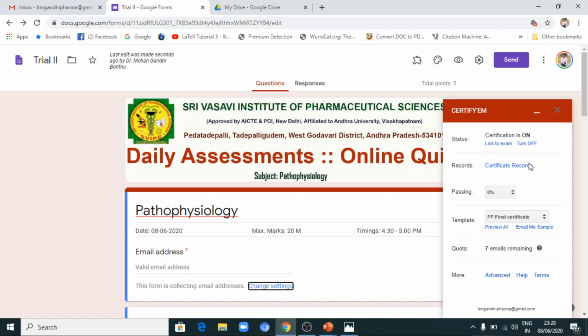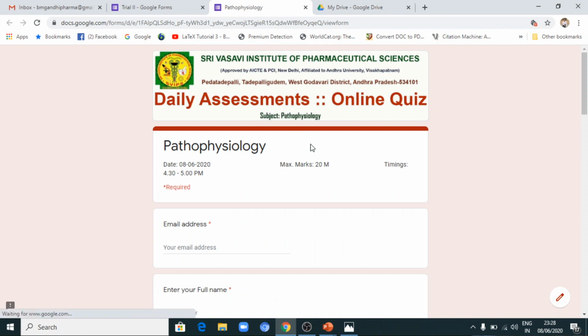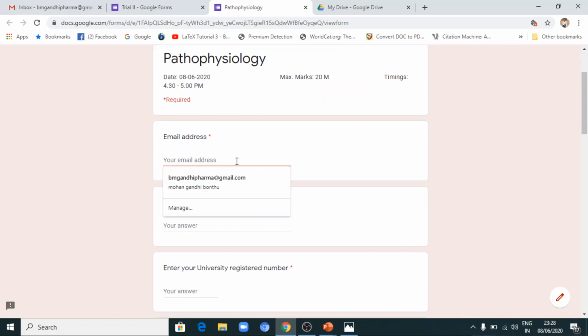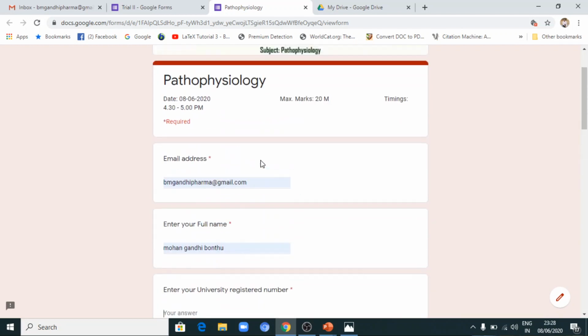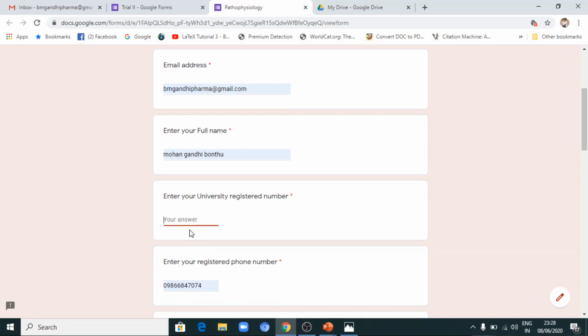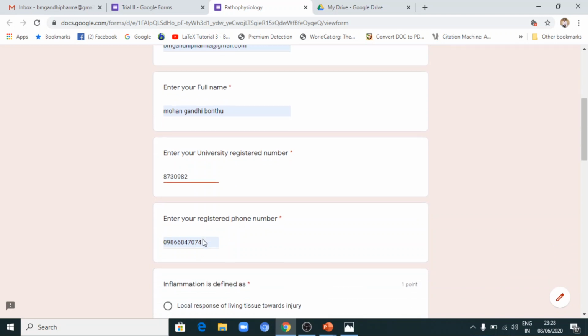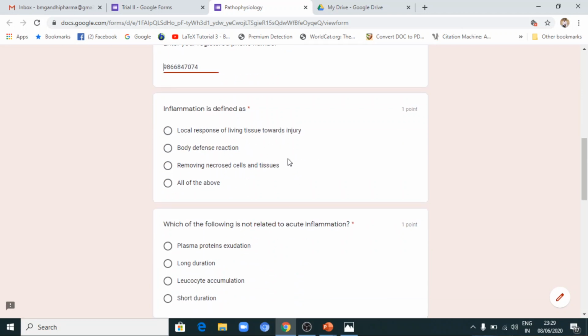Now whenever it is turned on, you need to check this by clicking on this link to exam. If you click this, it will show how the student is able to see this examination. So you can type your details here. I'm just typing my details. You can give some register number, then a phone number, then give some exam.